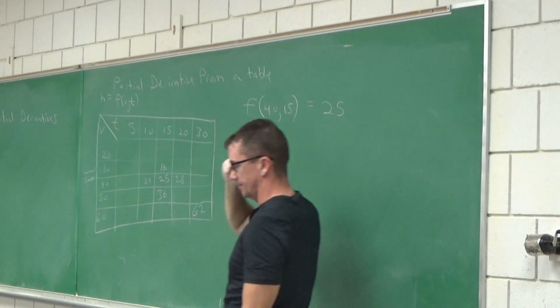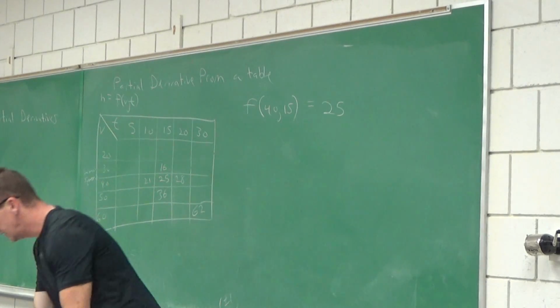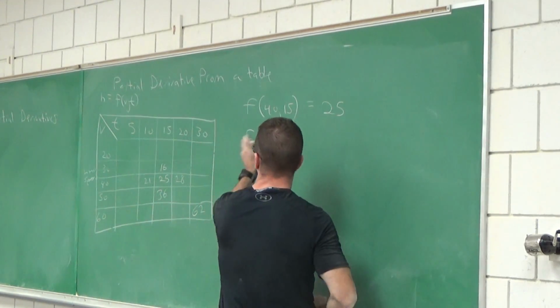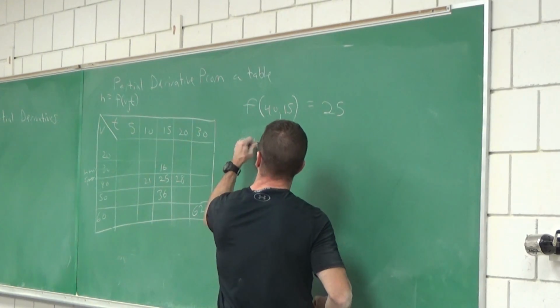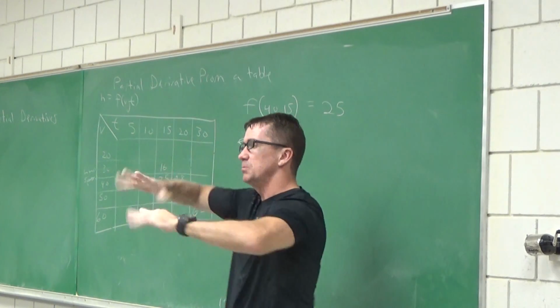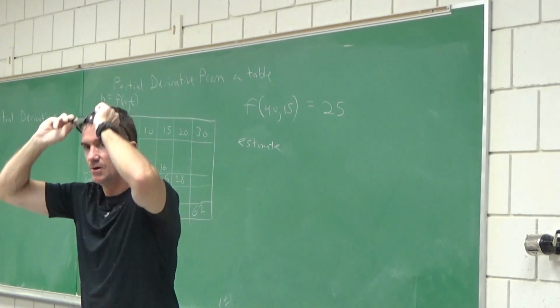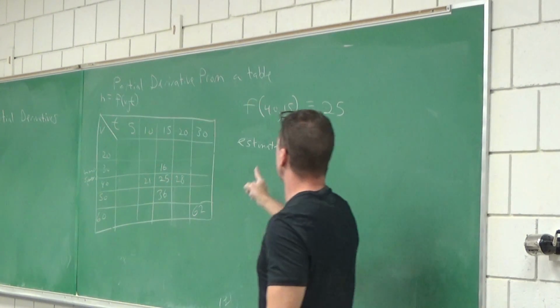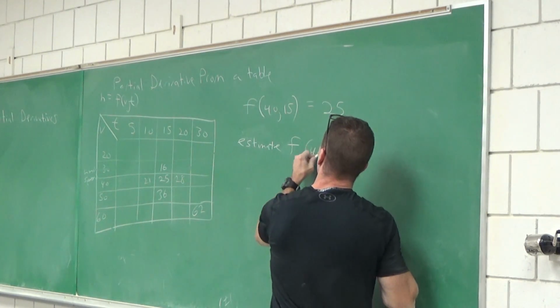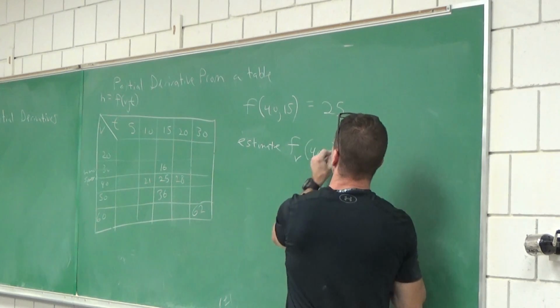Okay. But that's not a partial derivative. This one is. Can you estimate, and I'm going to put that word estimate, because we don't have an equation, do we? With an equation, we can find it exactly. Plug in the numbers. We have a table. We're going to estimate the partial derivative of the